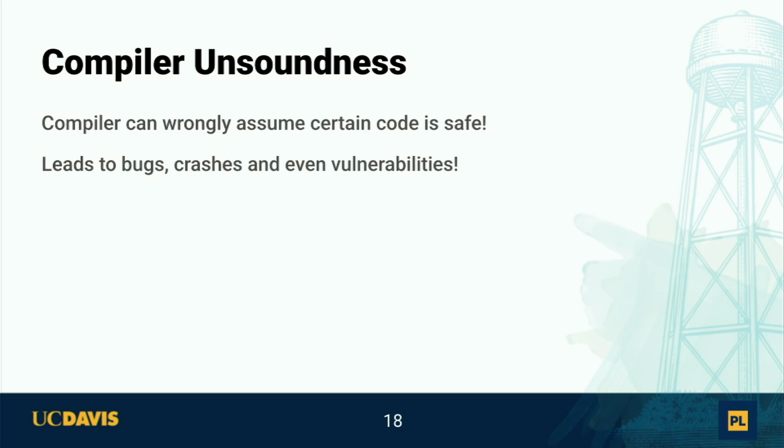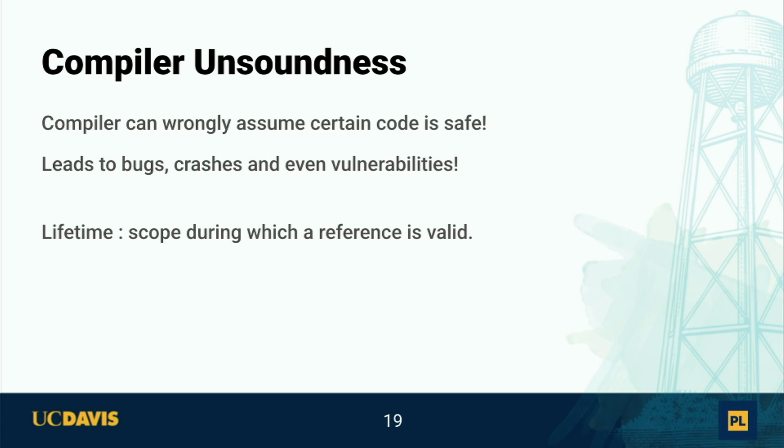Sometimes the compiler can wrongly assume that certain code is safe. We'll talk about lifetimes. By lifetime, we mean the scope of a variable. So what we want is a function where, if I provide a variable with a lifetime a, let's assume lifetimes are lengths in our case, because it's the scope of a variable, so if my variable was initially valid for this duration, I want to make it valid for some other duration, that lifetime annotation b. This should not be possible, but it is possible in Rust because of the compiler guarantees.